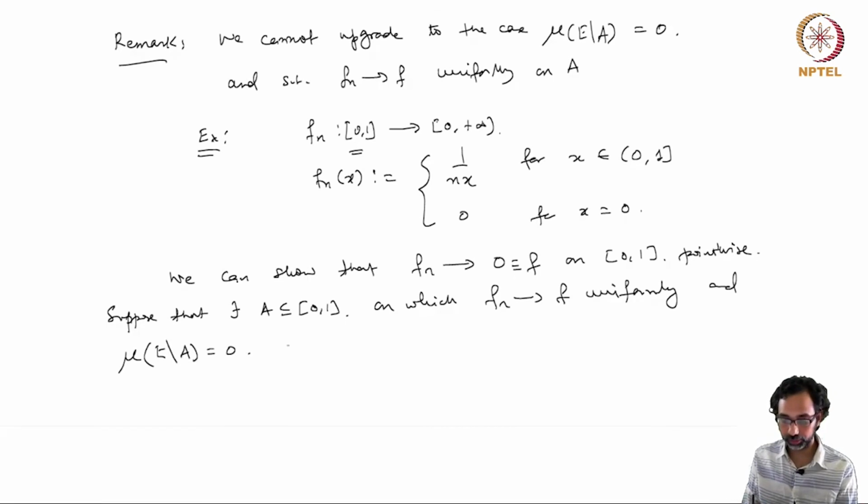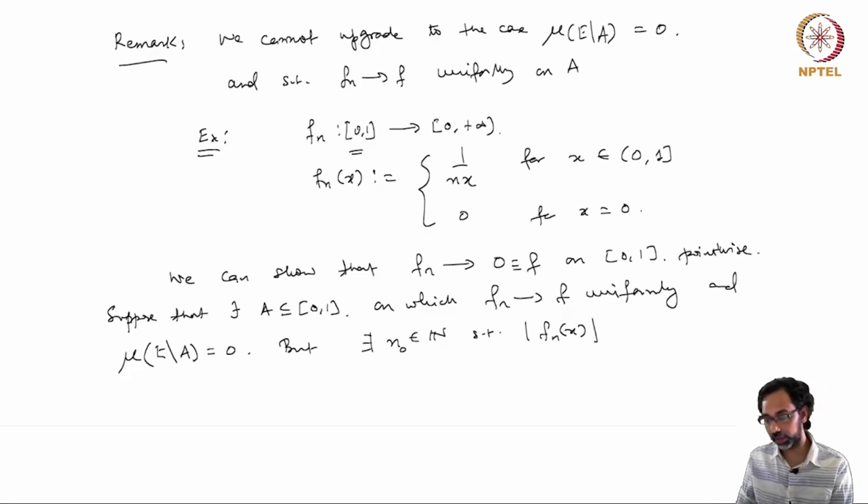But if we have uniform convergence, then there exists an n naught belonging to N such that the modulus of f_n(x) minus 0, so you can forget about that, so just the modulus of f_n(x)